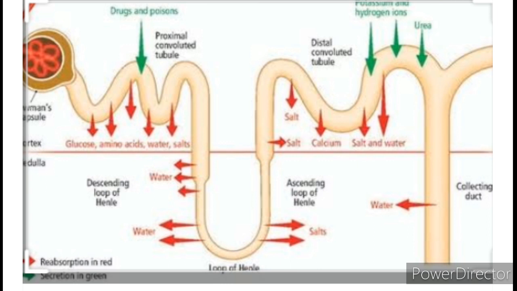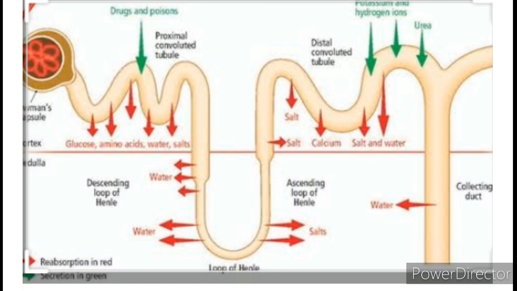Meanwhile, hydrogen, potassium and urea are secreted into the tubules of the nephron. Before that, in Henle's loop, water and salts are reabsorbed and the urine was hypotonic in nature. Now in the distal convoluted tubule, the urine is isotonic in nature. Now coming to the collecting tubule. The urine enters the collecting tubule and reabsorbs water, hence producing concentrated urine. It also becomes hypertonic in nature.